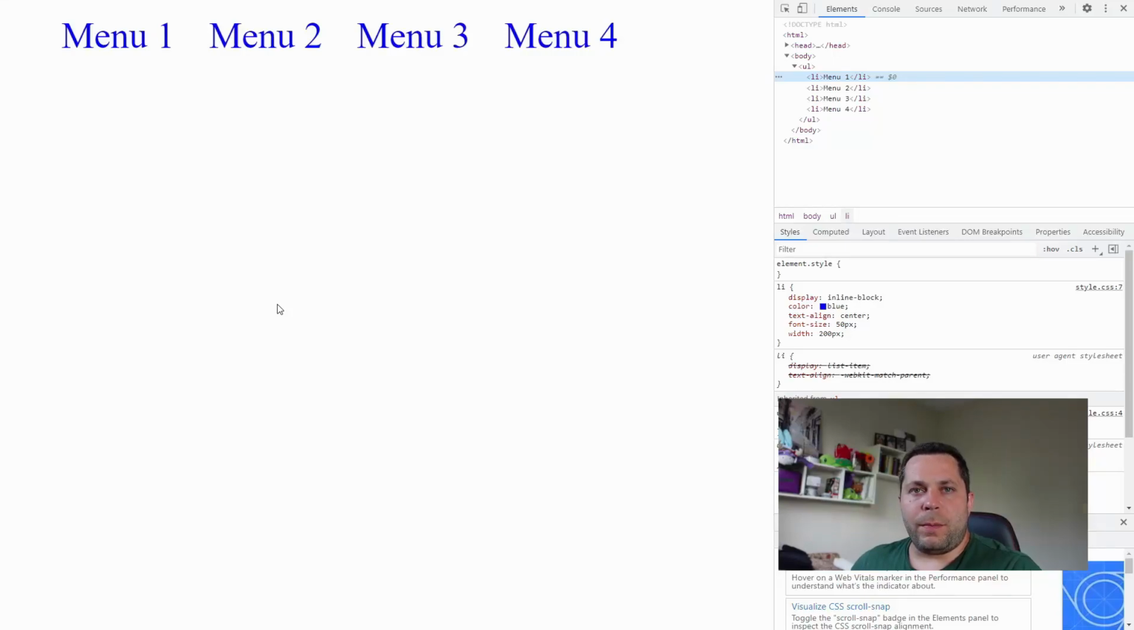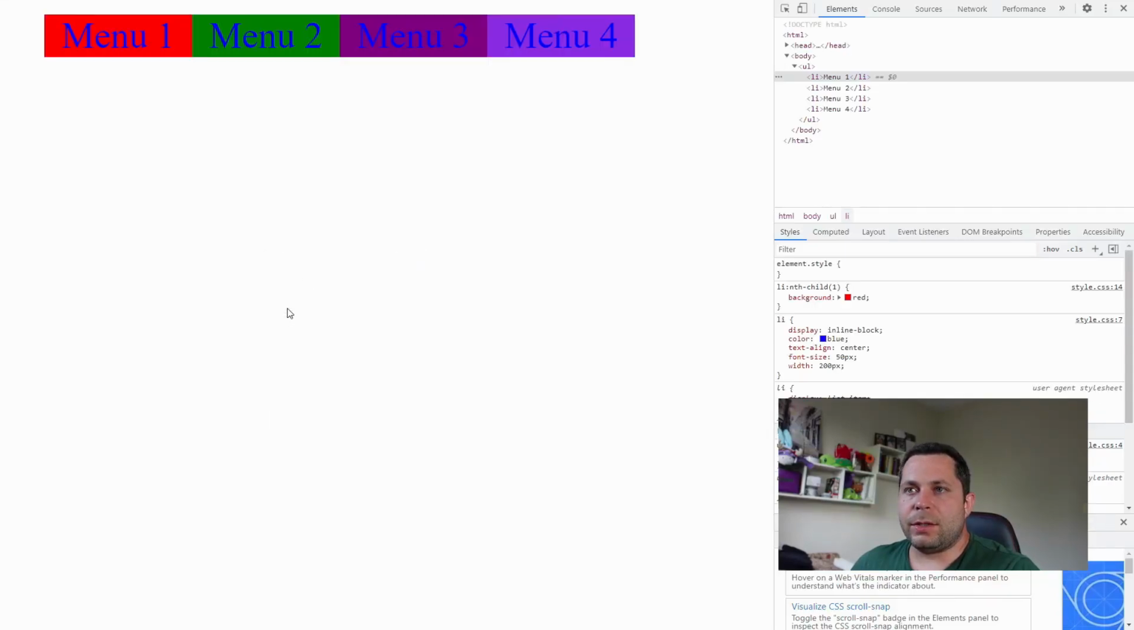Now when we go to our browser and we refresh, voila, there is zero space between each of our